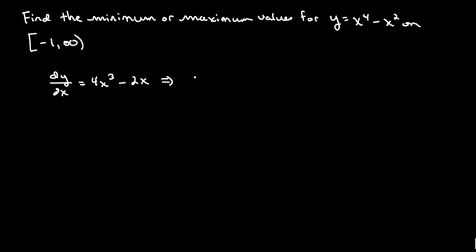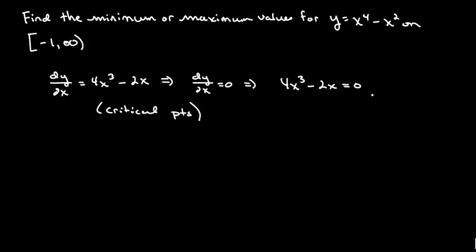Now the question is, when is dy dx equal to 0? So when might this be at a minimum or a maximum? In other words, we're asking, what are the critical values, the critical points? To do that, we take this, set it equal to 0, so 4x to the third